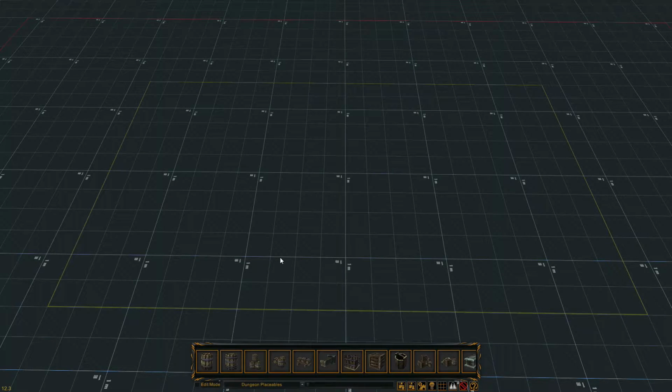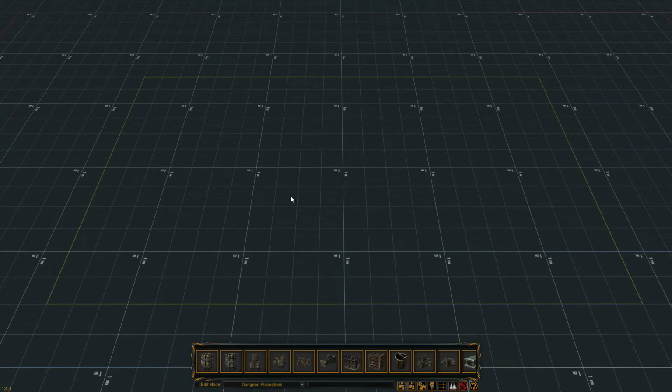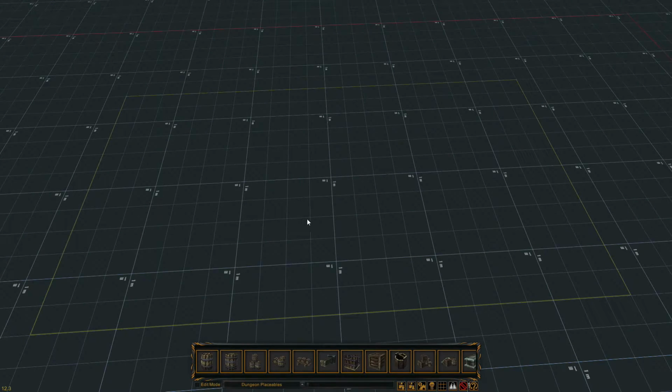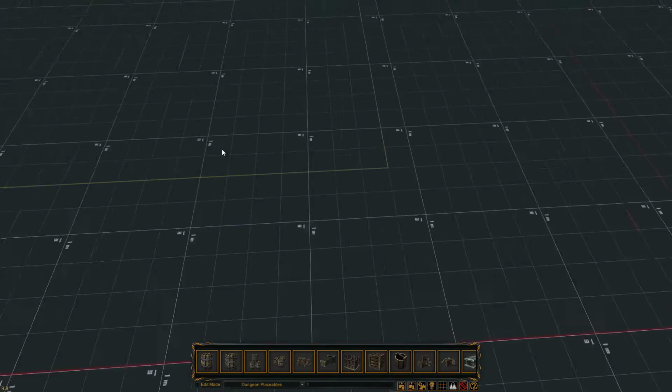Virtual battle map's made for encounters. So you build your encounter map where you want to do your battle, and you would export it and use it. It's not meant for making a giant world map on just this one area for exporting. I mean, you can, but I don't know, it's just not made for that. So now if you hold down the mouse wheel, you pan from side to side,